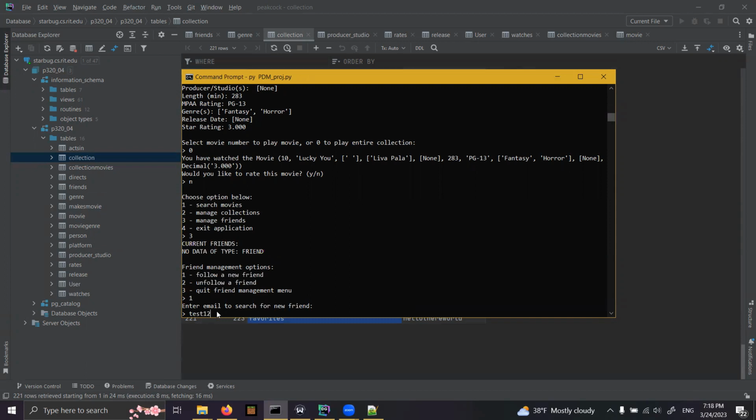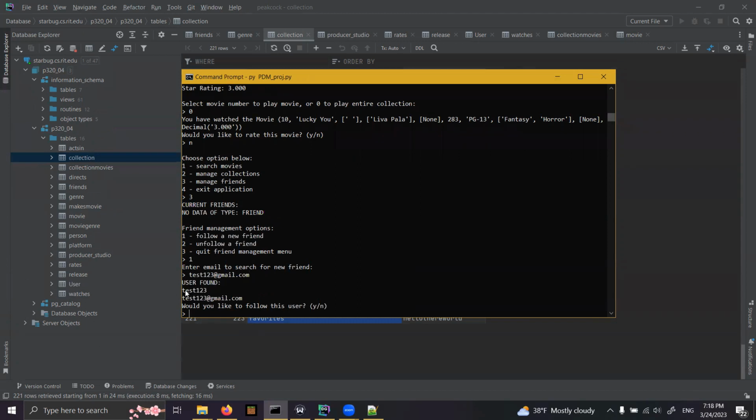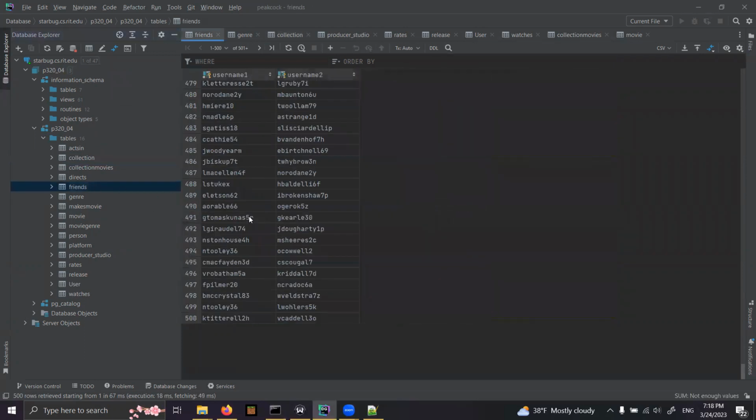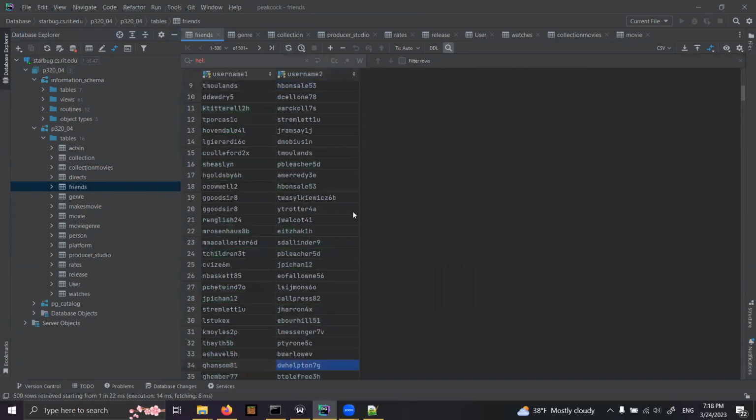So I'm going to search for the email test123@gmail.com. We've found a user called test123 with this email, and we've been asked if we would like to follow this user, and we're going to click yes, and we can see that we have successfully followed the user. And there is a friends table here as well that we can reload, and if we look for our username, which is hello